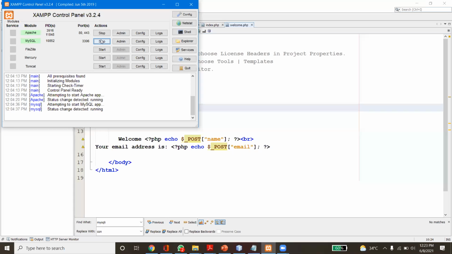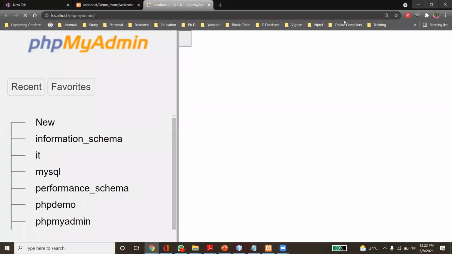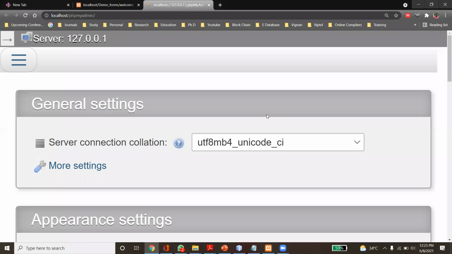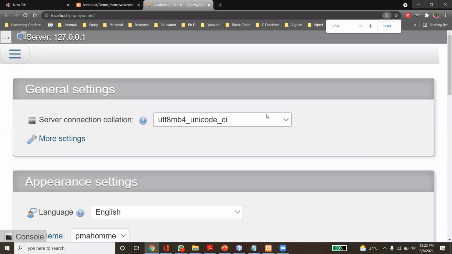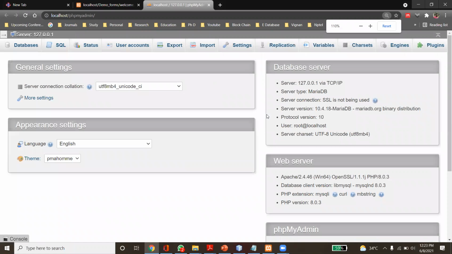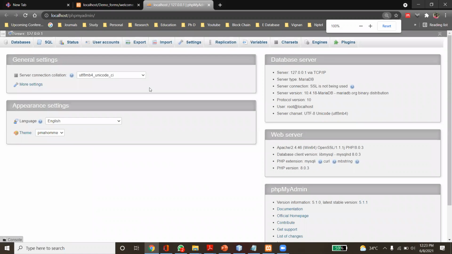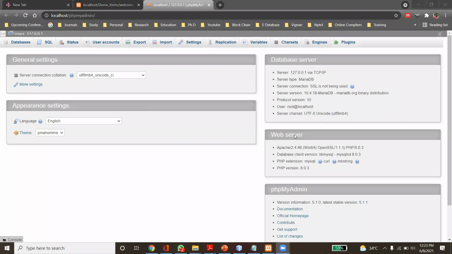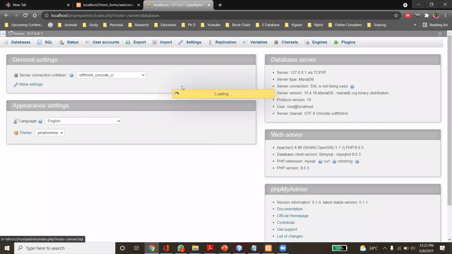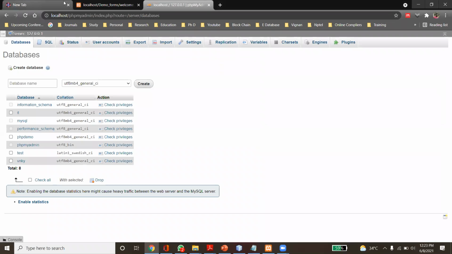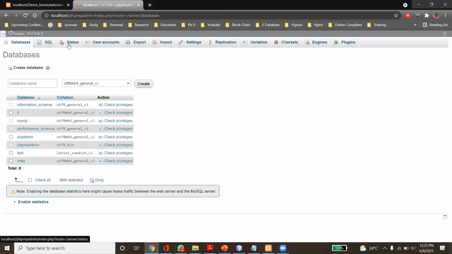After starting, when it shows your process ID and port number, you have to click on Admin. When you click on Admin, it is going to show this page.